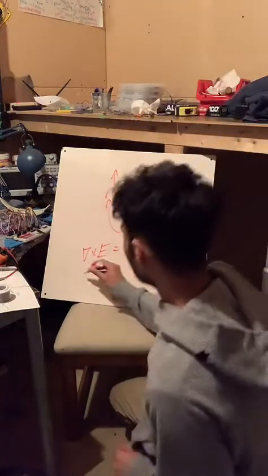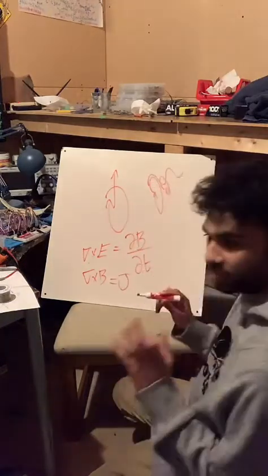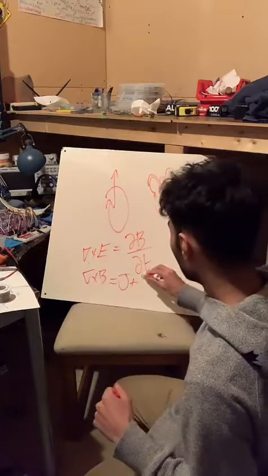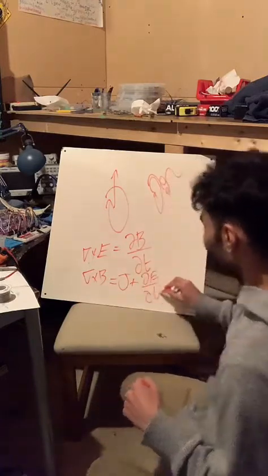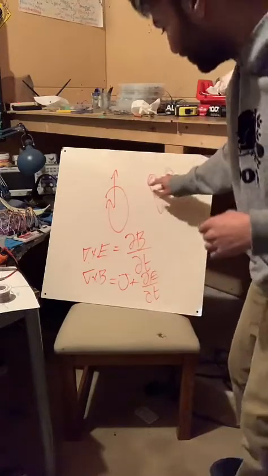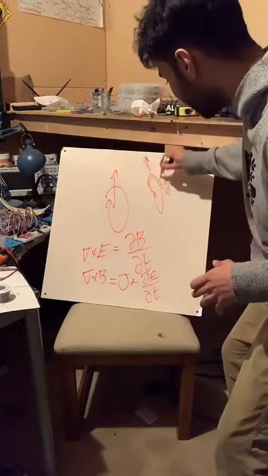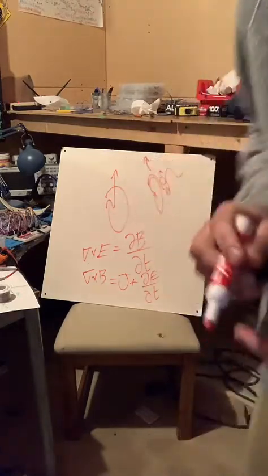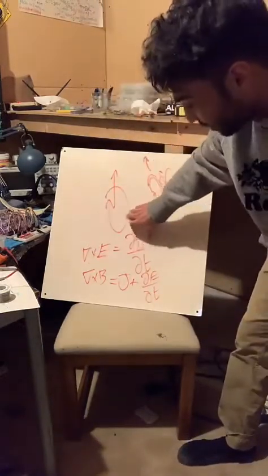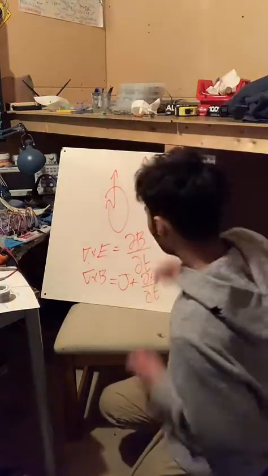And there's also something else. We can create a magnetic field by current flowing in a wire, or there's another way, by a changing electric field. Remember, there are electric fields and there are magnetic fields. This point has lots of magneticness. This one has a little bit of magneticness. So look, an electric field could be generated from magnetic. Magnetic could be generated from electric. What does that really mean?